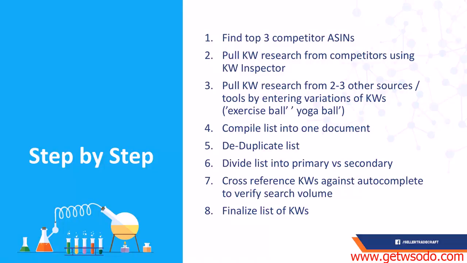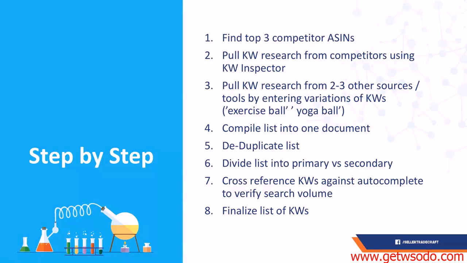And then number 6, what I do is I would then cull through that deduplicated list and then find the primary keywords that I would identify as the most relevant, most targeted to my listing, and then split them from the secondary keywords, which are broader or more long tail keywords that aren't necessarily super targeted, but still very relevant to my listing. And then finally, number 7, I would go ahead and cross-reference my primary keywords, or let's say